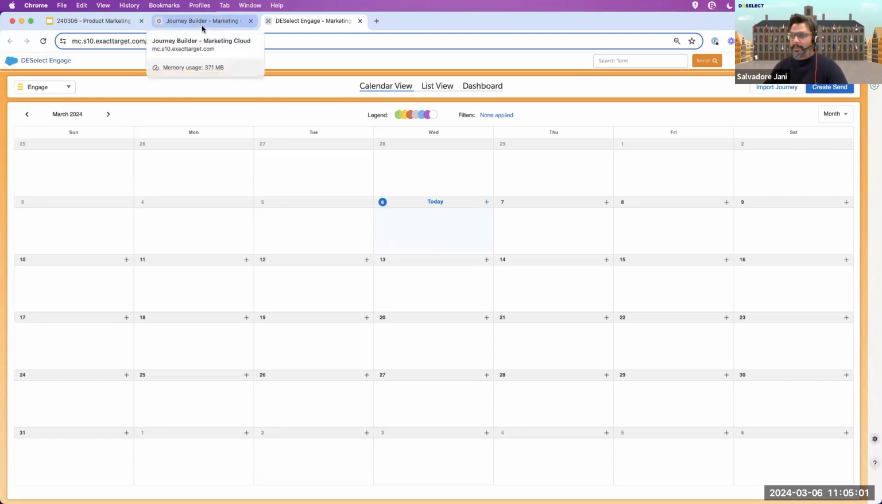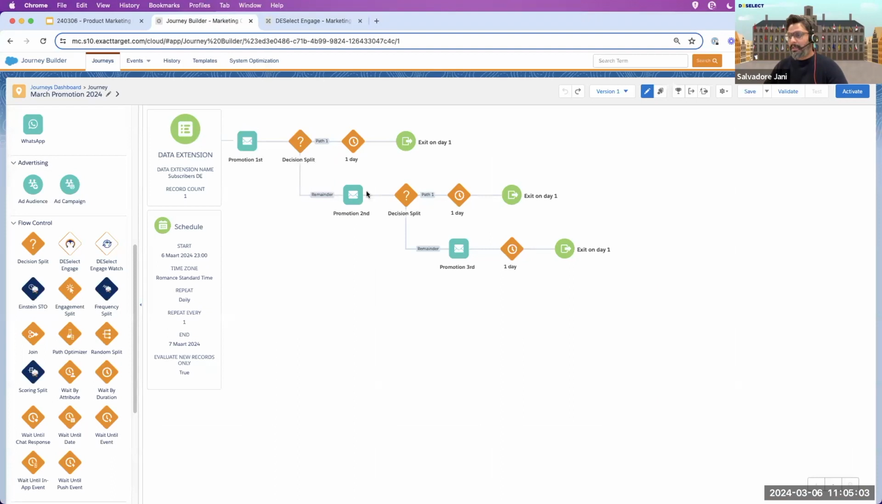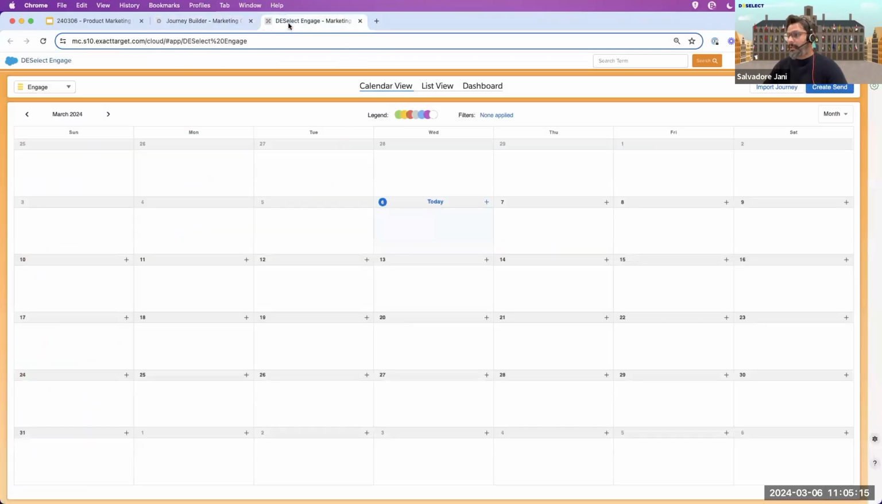Again, to go back to the journey, right? It doesn't include any of the messaging Engage component. It simply has message components and the decision split and when do you want the contacts to exit. Now I simply go back to Engage. I click on import journey